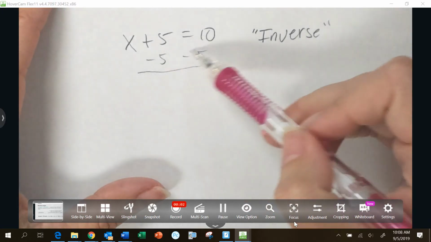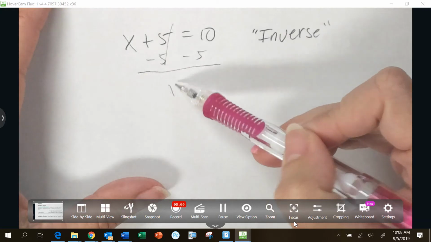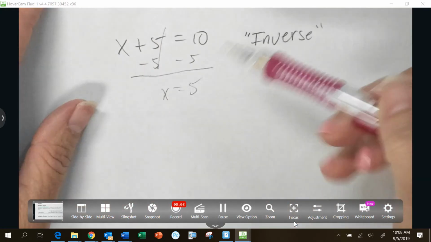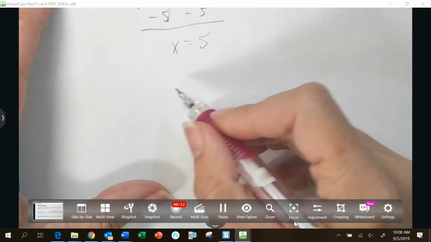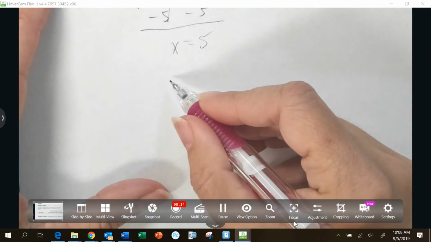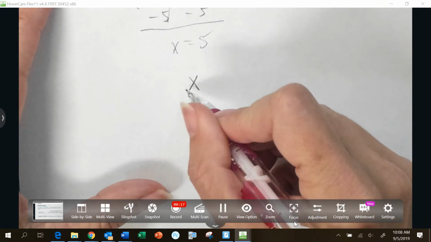So in order to solve an equation like this, we subtract the 5, which undoes it. We get x equals 5 because subtraction is the opposite of addition. How about if I have something like, I don't know, x over 4 equals